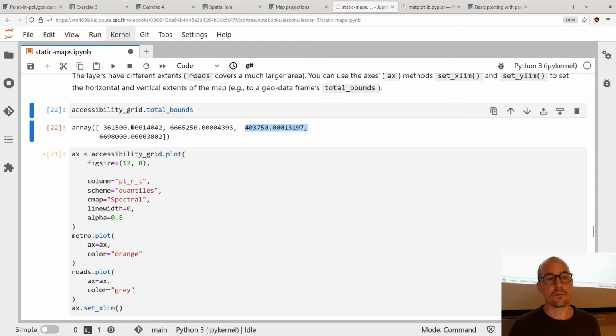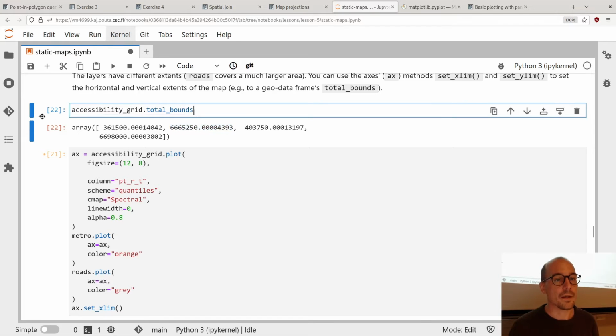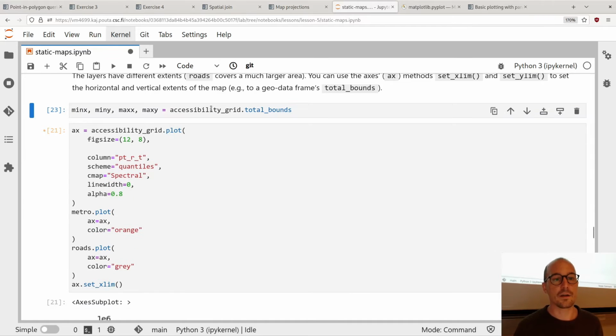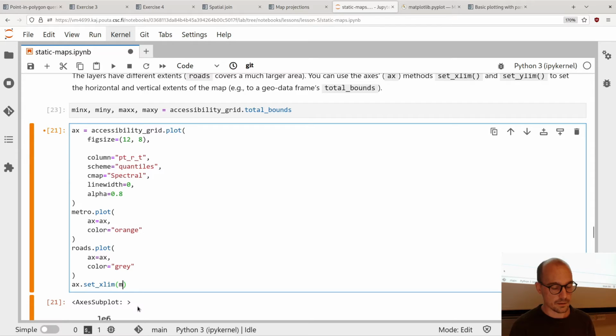So like in this 300,000 range, and then in the 6,600,000 range for the south north, and we can just extract that here on the spot and assign it to variables. So this is the minimum x, the minimum y, and then the maximum x and the maximum y is this, and then we have those values, and we can use them down here to set the range of the